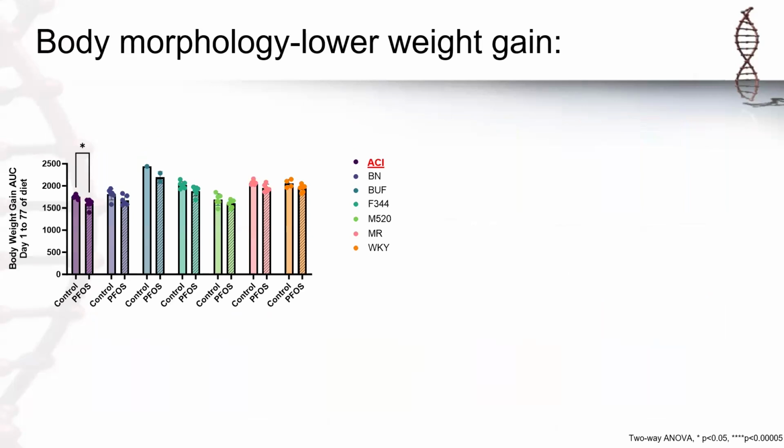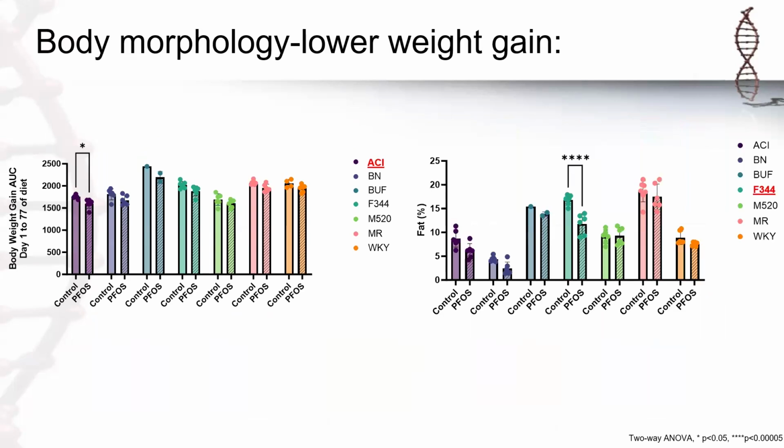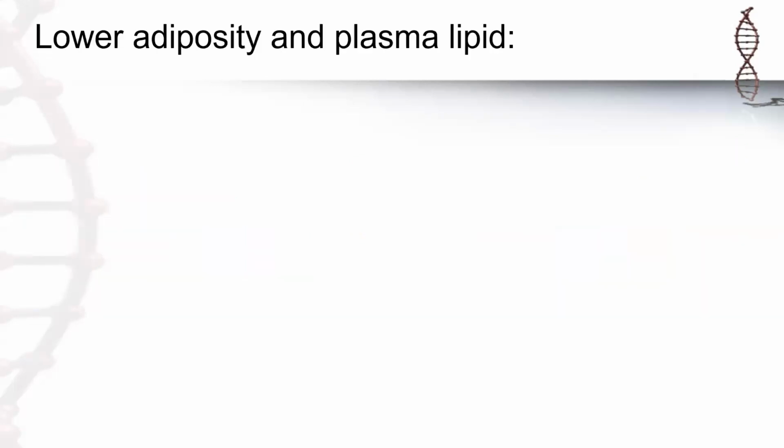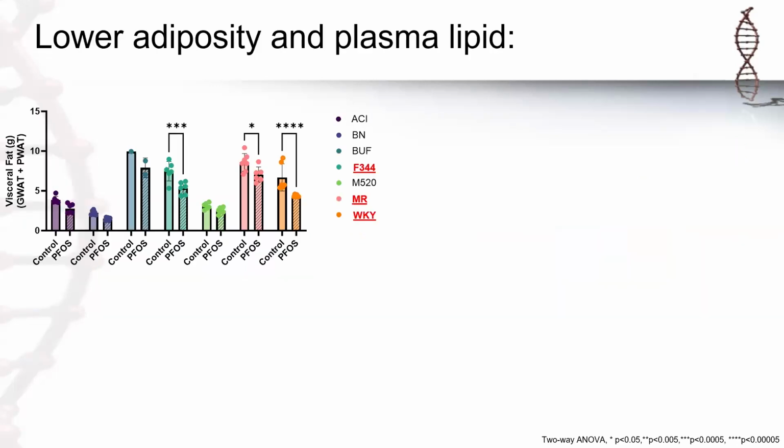Despite having consumed the same amount of diet, the exposed ACIs had a significantly lower body weight gain of about 8% during the duration of the study. NMR revealed that the exposed fishers had approximately 29% less overall body fat than the controls. Digging a bit deeper into adiposity, you can see this decrease in overall body fat in the fisher is also